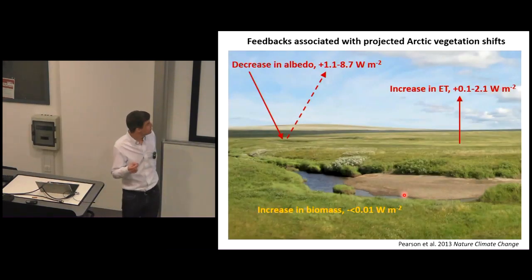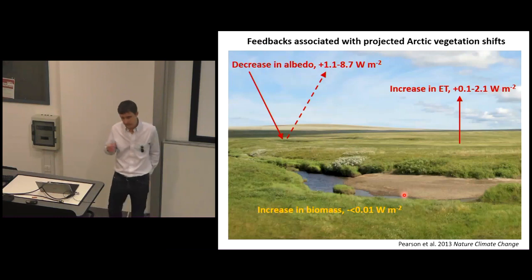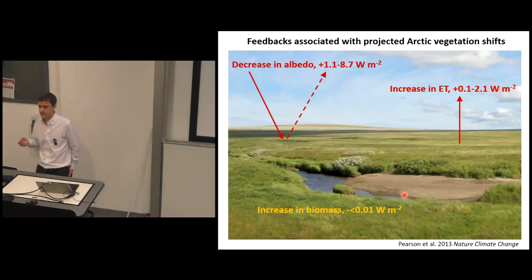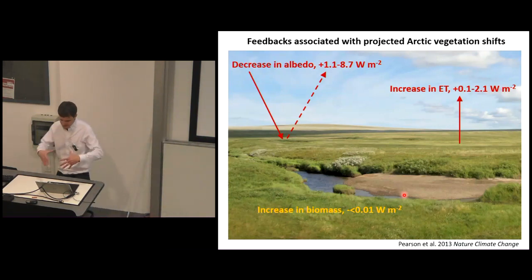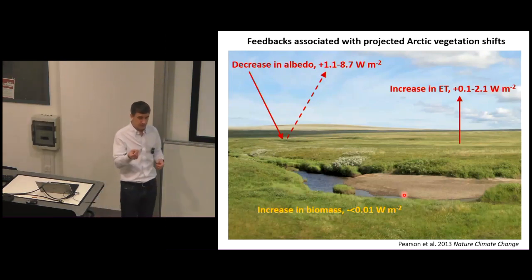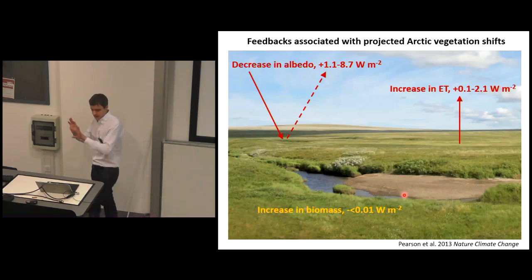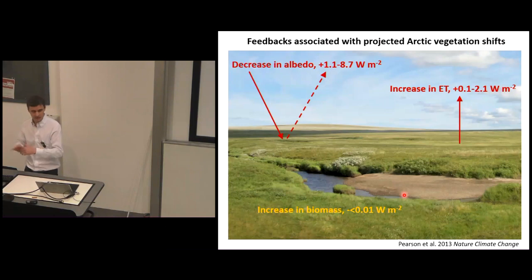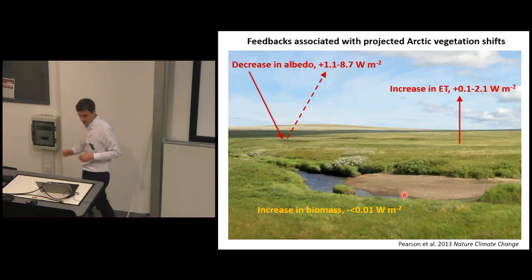One of the key interests here, as I mentioned, was to try and see if we can put some information into, like, the IPCC, to actually focus on what the different feedbacks are that are associated with these vegetation shifts. So we can basically take the model changes in area for each class. We can combine that with remote sensing information that quantifies the radiative forcing, that's the kind of energy exchange for each vegetation class, and from that calculate for each of these scenarios changes for three key feedbacks to the climate system. So one of those is a change in albedo. This is basically the reflectivity of the planet.